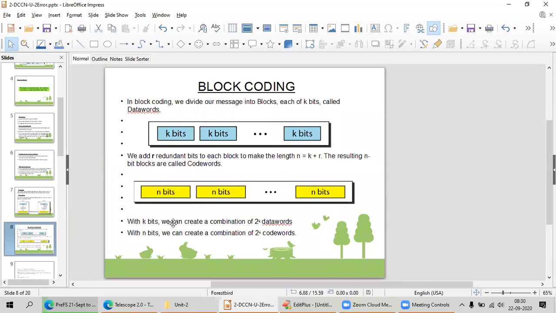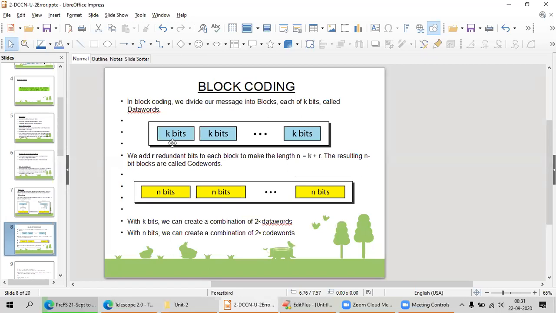These are called data words, that means k bits. Each blue color block is called a data word. After dividing the message into k-bit data words, I am going to add r redundant bits to each block.